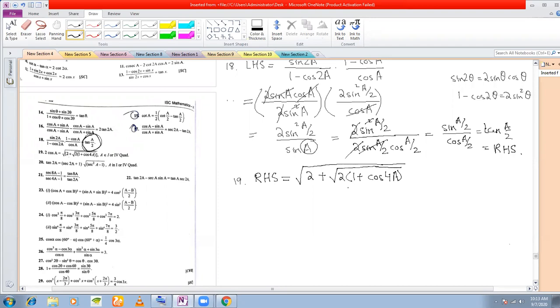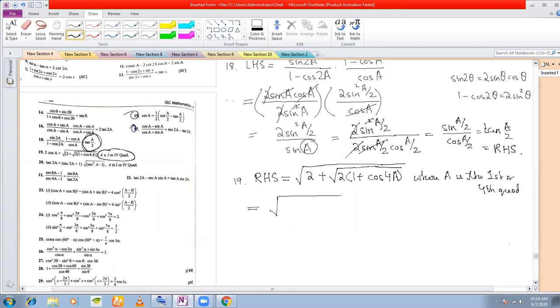Okay, you need to prove that this is equal to the left hand side, tan 2a. What is given here is that a is either in the first or the fourth quadrant. In the first quadrant all functions are positive, and in the fourth quadrant cos is positive. The point they were trying to make here is that cos is positive where a is in the first or fourth quadrant. So we should proceed with that idea.